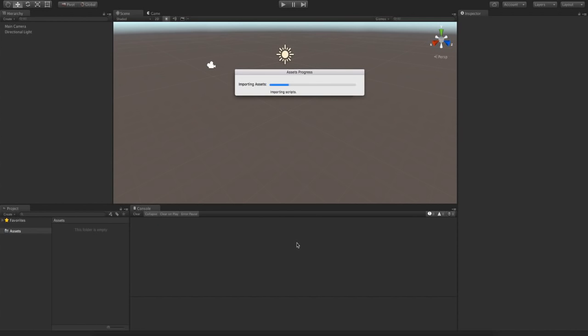Adventure Creator's installation is a lot easier than it was when I was making the previous videos. We don't have to go in and manually add tags or layers or inputs or anything like that. Adventure Creator will do it all for us.